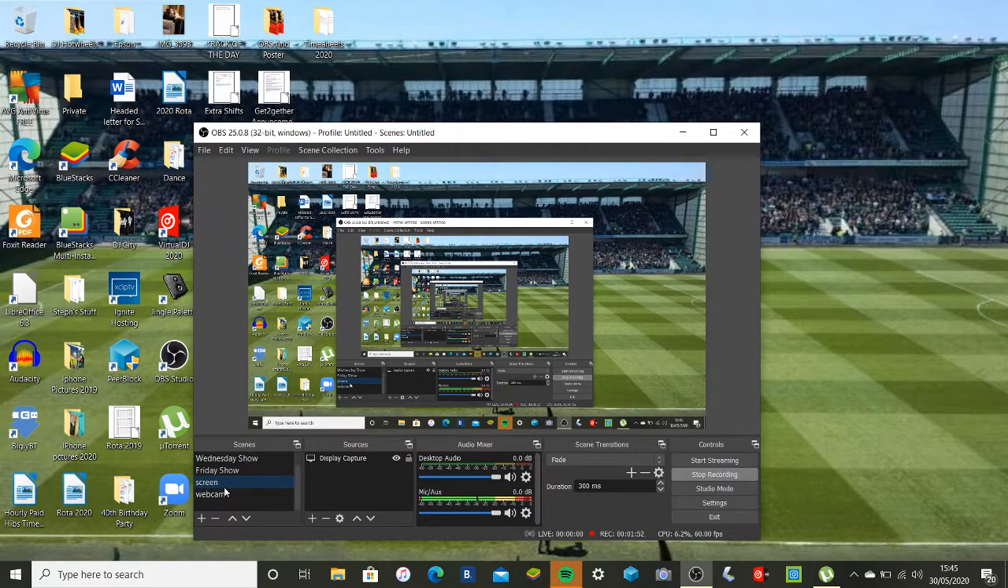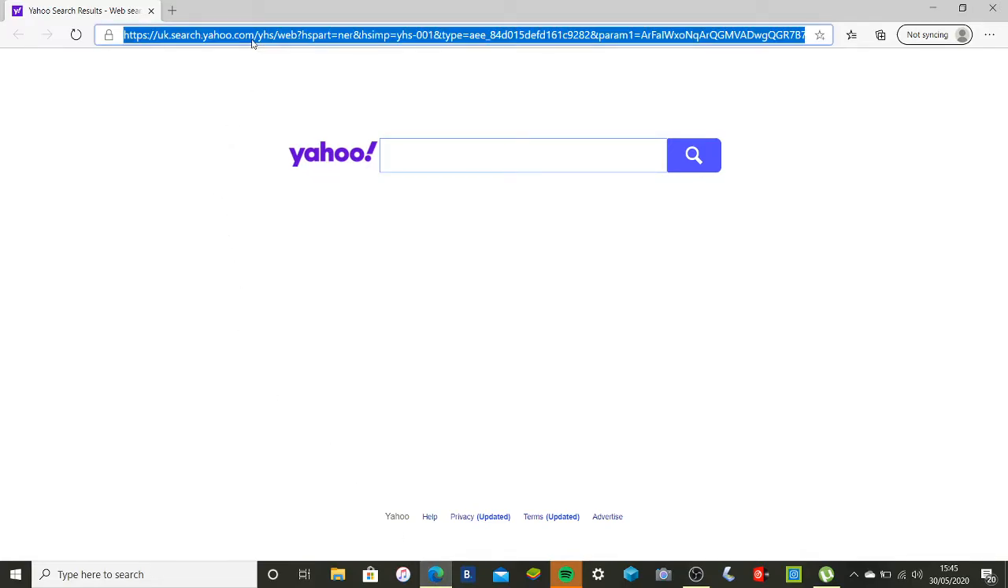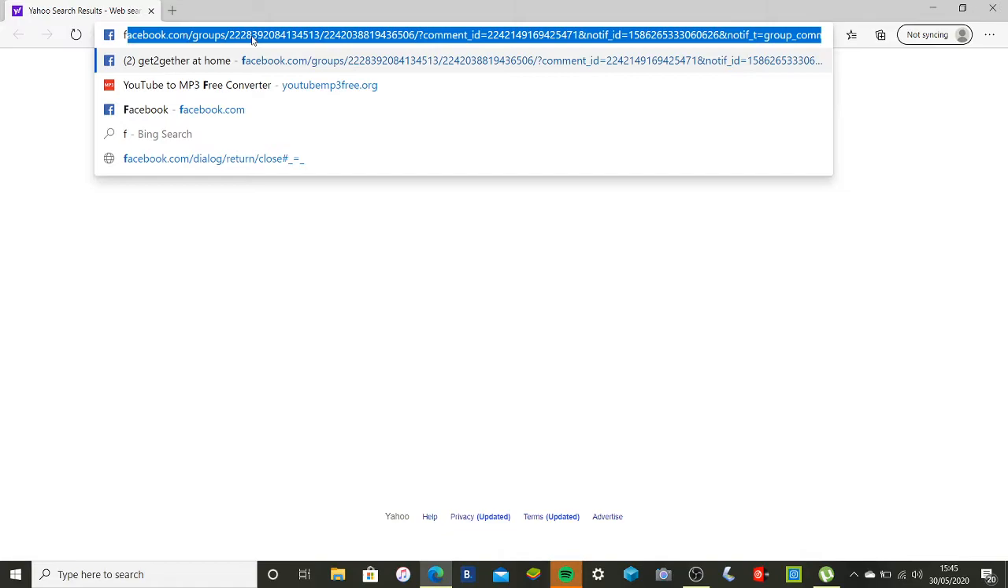So first things first, obviously open up your internet browser. Now I'm using Microsoft Edge, but this works just as well with Google Chrome. So then you would type in the search bar up here, this search bar, Facebook. Now mine's preset at the moment to get together at home